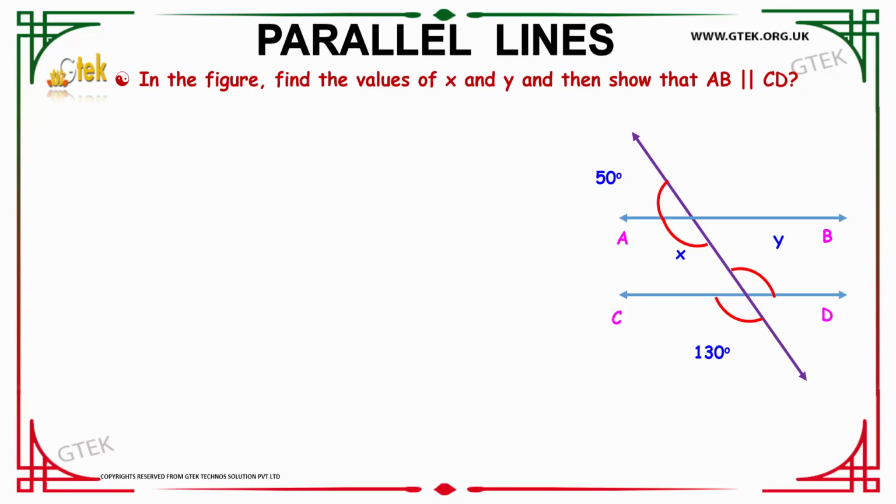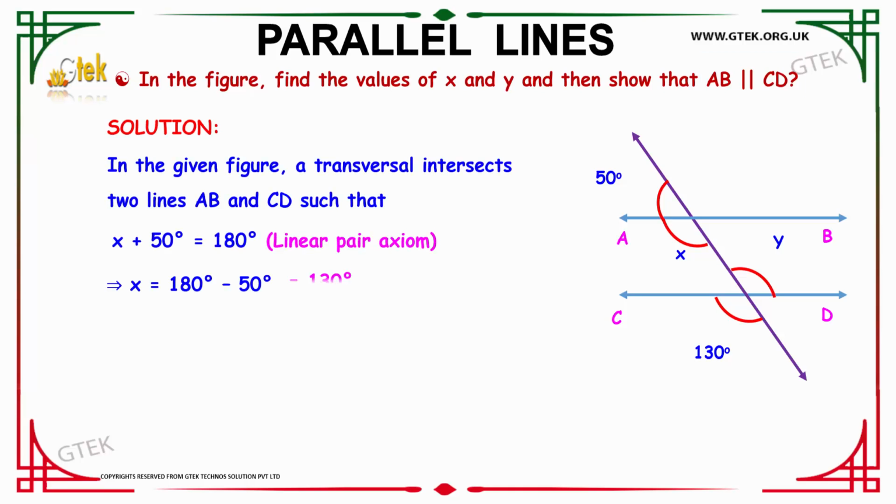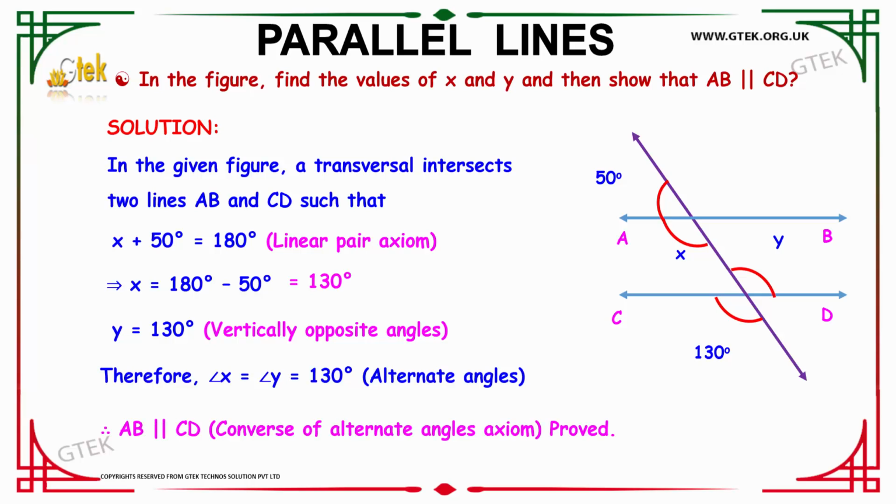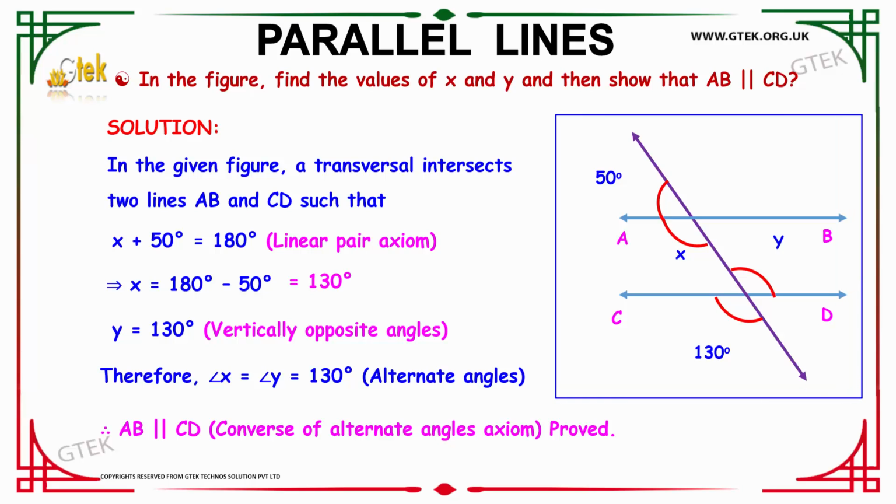Let's go with some examples. In the figure, we have to find the values of x and y. Then we have to show that AB is parallel to CD. So this is the given figure. In the given figure, a transversal intersects two lines. So this is the transversal line that intersects AB and CD, such that since it's a straight line, you can see,